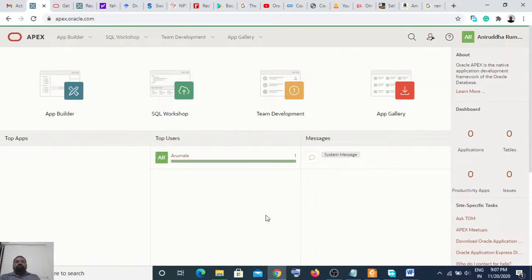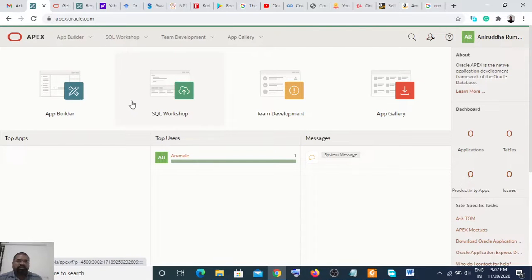From the examination point of view, generally whenever you are a student, you won't be required to go on creating the complete things. So we won't require app builder here, nor team development, nor the app gallery. I'm going to upload the complete tutorial, around 3 to 4 hours, on Apex, how to build an app builder, and so on afterwards. But right now this is a quick tutorial which only concentrates on SQL programming.